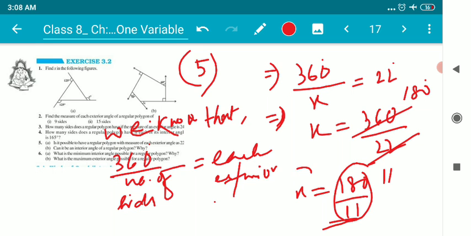So as I'm getting the number of sides in fraction, it is quite obvious that the figure cannot be constructed. It is wrong. With measure of each exterior 22 degree, we cannot have a regular polygon. That's all. So I believe it's clear to everyone. If not, then please let me know. Feel free to speak to me.